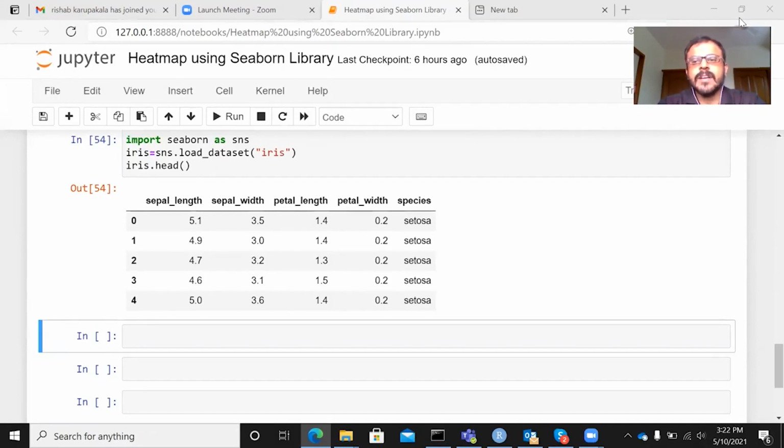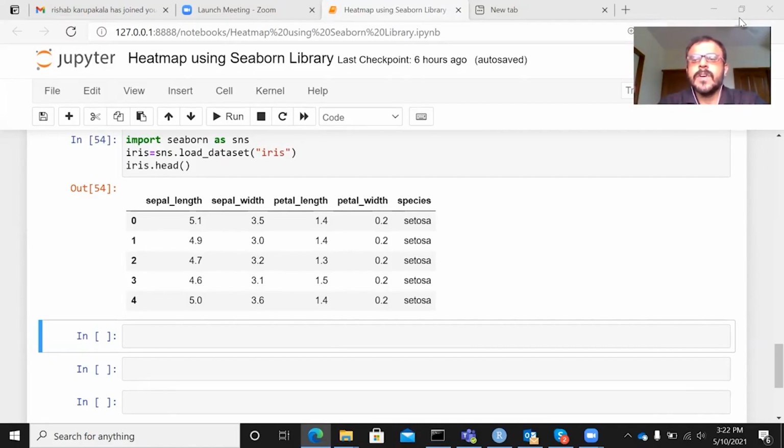As you are aware, the human mind is not very efficient when it comes to processing large sums of data. So if you have a giant correlation table, let's say in a real-time scenario, you can have a correlation table of the magnitude of 40 cross 40, which means that you have 40 variables in the rows and 40 variables in the columns.